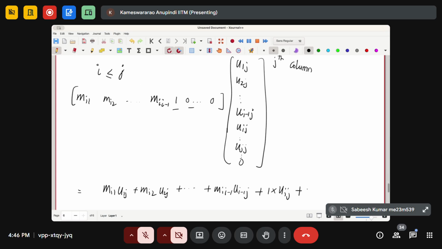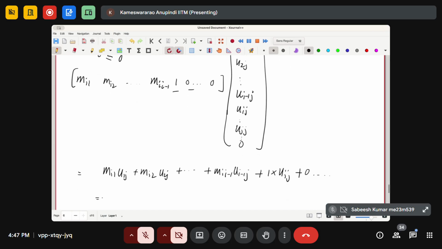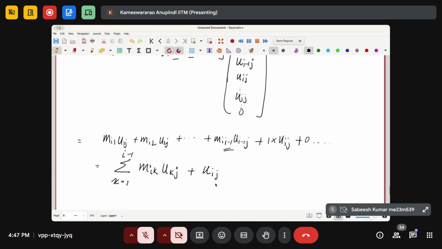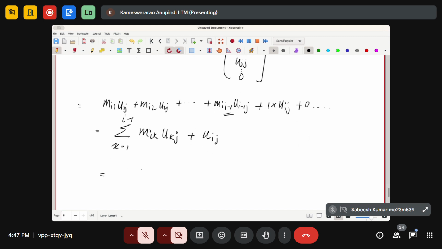So what I have is the summation of mik ukj, where k runs from 1 to i minus 1, plus uij. I can write this as sigma k equals 1 to i minus 1 of mik ukj,